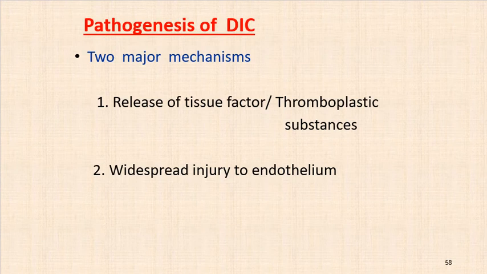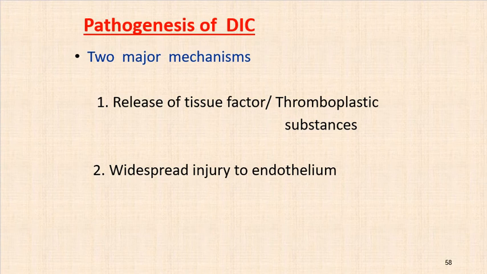And what about the pathogenesis of DIC in these disorders? Mainly two major mechanisms are involved in production of DIC. One is release of large amount of tissue factor or other thromboplastic substances into the circulation. And what they do is they start the clotting cascade. They start the clotting cascade